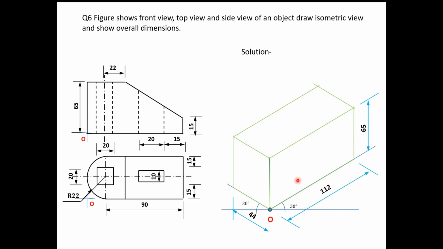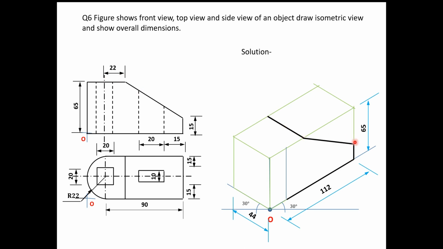Now next, we start from the corner. From this corner we will draw up to this. Here we draw one vertical line at a 20 mm distance apart from this origin. Now again, what we can see is this 15 mm edge. Again what we can see here, this edge. This is 22 mm apart from the center line. So this is 22 plus 22, so this distance is 44. So for 44 we will draw this inclined edge.